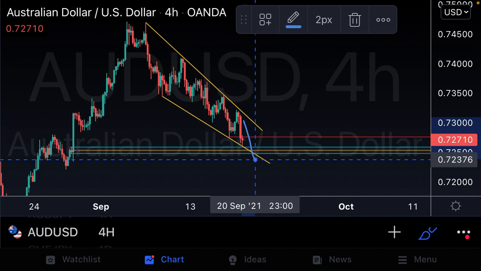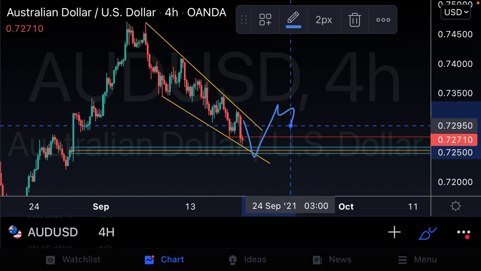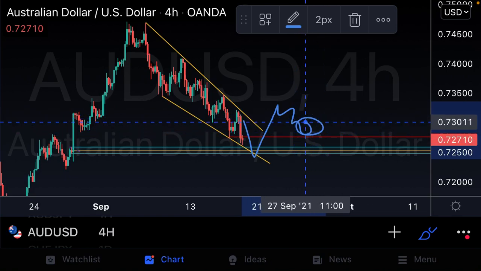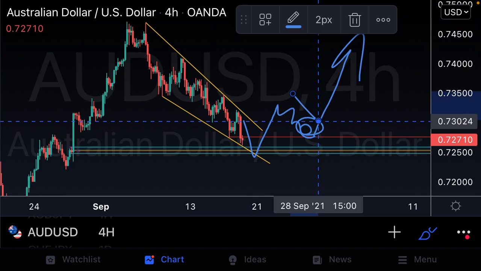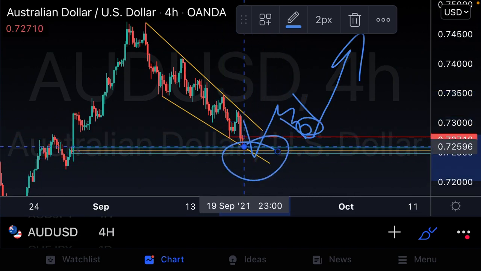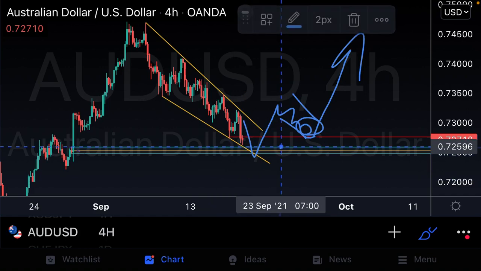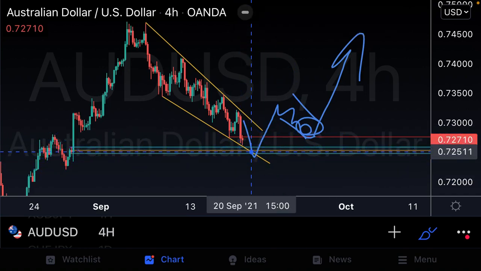Once prices pull into our area of value, we'll be waiting to see prices give us a beautiful reaction, break above our previous support structures, obviously then retest our structures nicely, giving us that beautiful reason to jump into the bullish momentum. So on this pair on AU, guys, whether we get this beautiful risk entry, if prices do correct and give us a nice reversal structure below or inside of our descending structure,